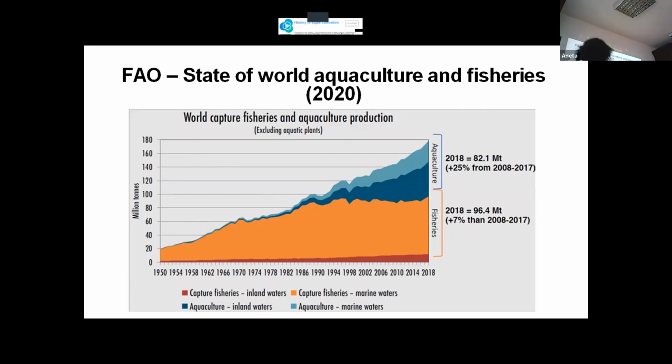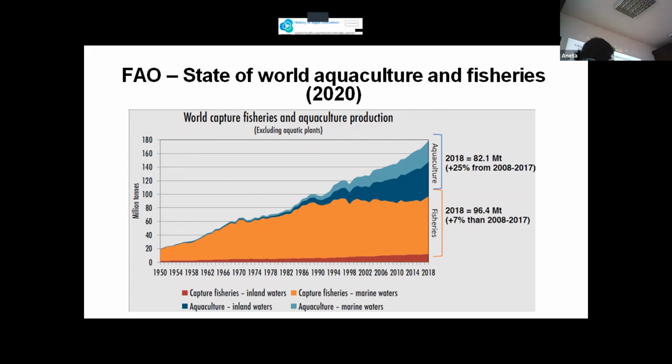And why I put this has nothing to do with algae, but algae culture started and is growing very fast. First of all, we can see on this graph from 2020 that aquaculture started to grow. So the whole aquaculture, sometime in 1980, around 1985, actually until this, we had all aquaculture products only small, some 10 million tons actually.